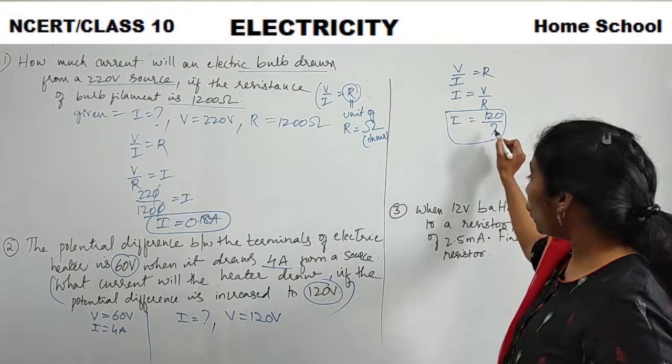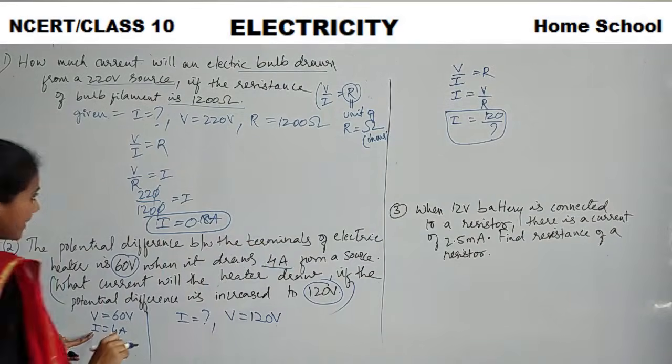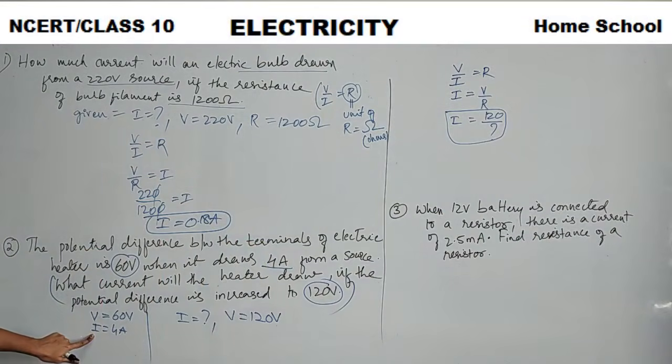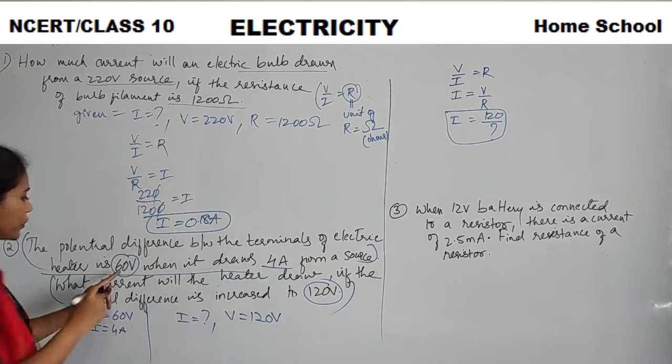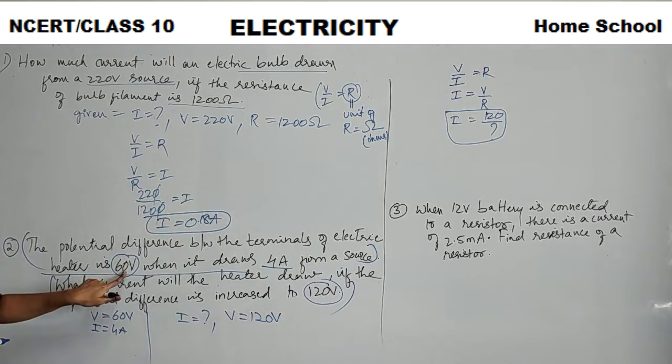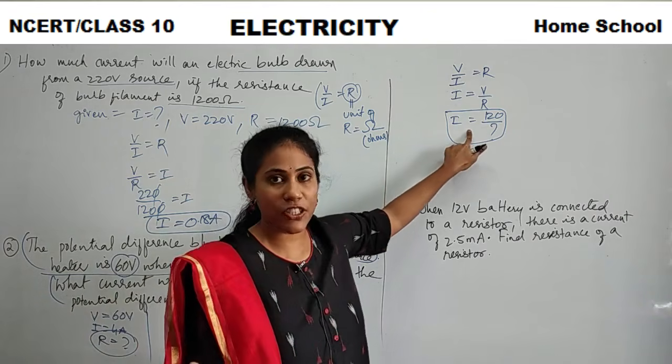To get a value for resistance, I can use this information here. Yes or no? This is the information they have given. I am using this information here. Here some voltage is given, current is given. So I can always calculate R. Whatever R value I calculate from this information, I will use it for my exact question.